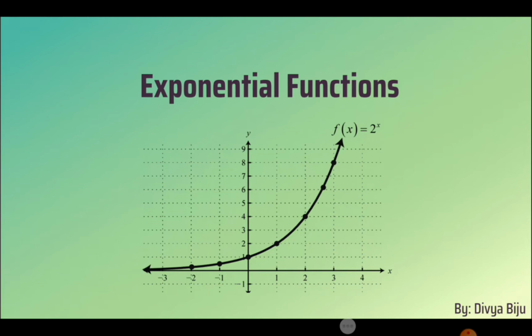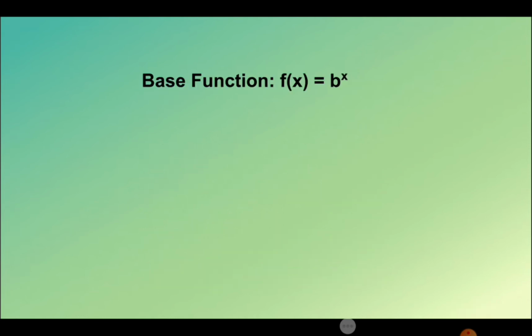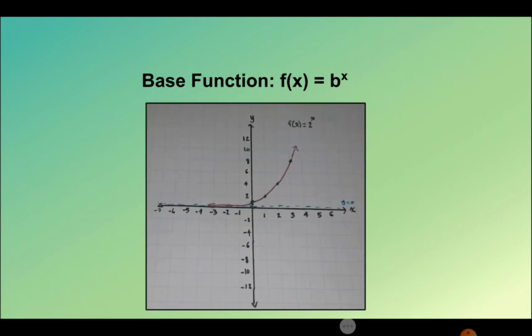and you can see that it's actually exponentially growing and that there is a horizontal asymptote, and those are the two main properties of exponential functions. So like I said, the base function of an exponential function is b to the power of x. And then here I drew an example with the base of 2, but this base can be anything. So adding